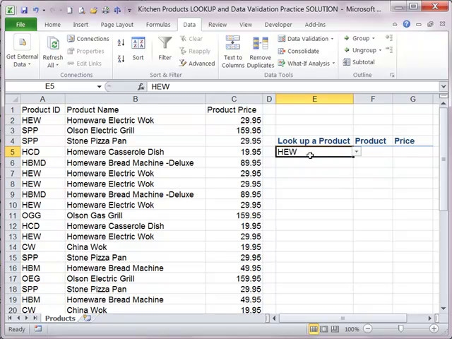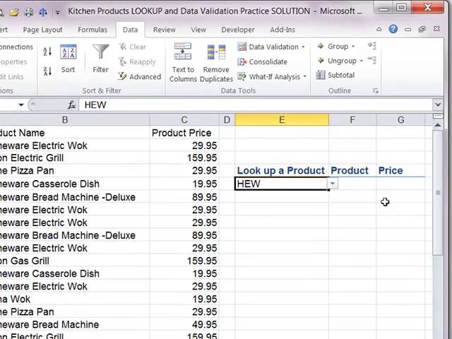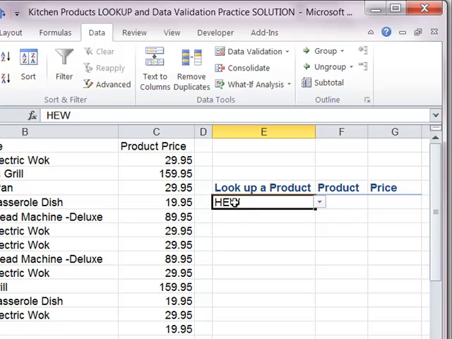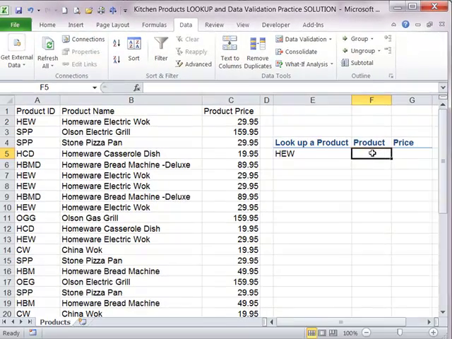It's going to look at what I chose here, and it's going to go look at my data table, and it's going to return to me column number 2. This one is going to look at whatever I chose here, and it's going to return to me column number 3. So let's start the lookups. The first thing is